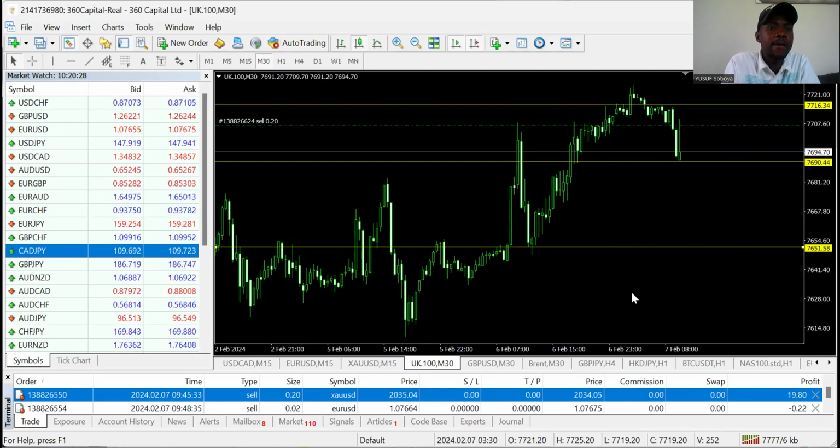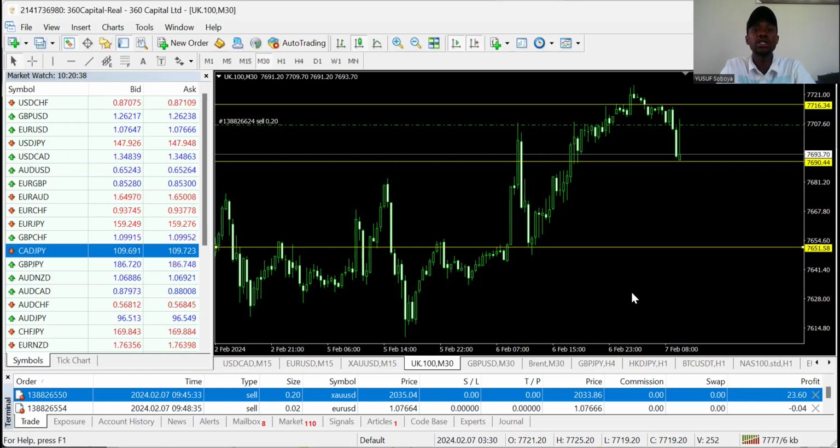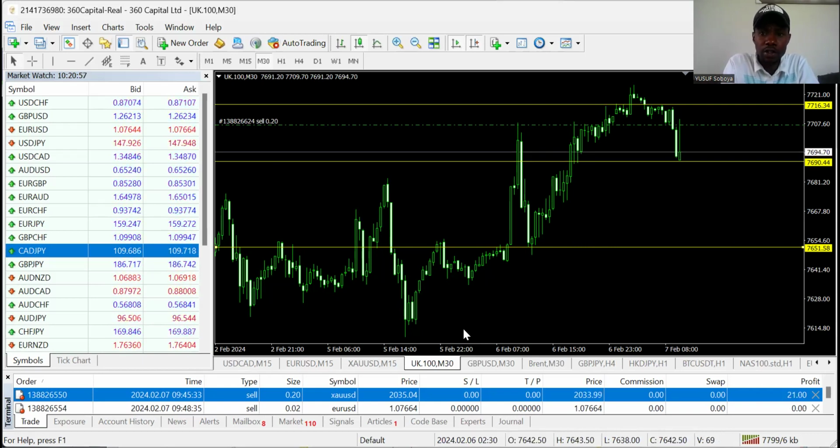The reason why we're checking UK100 in the morning is because it's the beginning of the London session. London session just opens at 10 o'clock South African time. So we're seeing a lot of high impact volatility, instruments pushing up, pushing down. So it's very wise to look at the instrument that is in the session that is open. So that's about